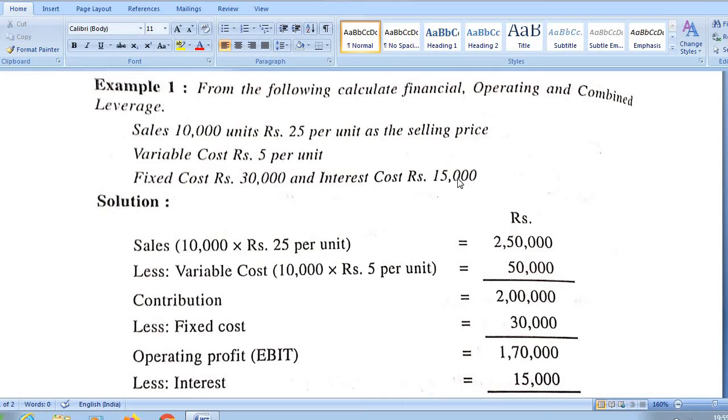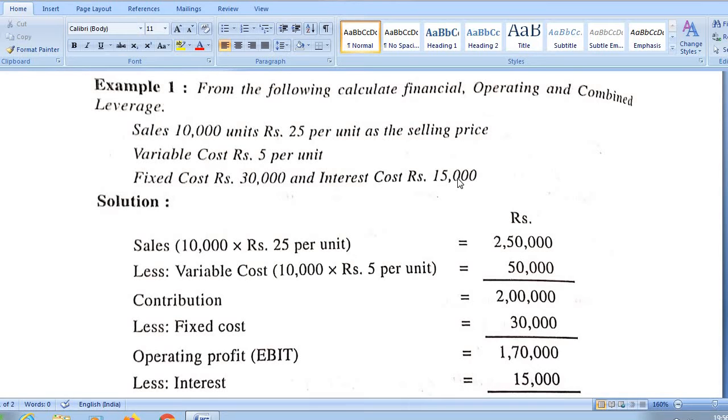Any problem which is related to financing decision always depends on the master table. Master table means how we arrive at the profits which are available to equity shareholders. The process in which the profits are derived and appropriated is called the master table. Usually, the profits arise out of sales. So, sales minus variable cost is equal to contribution.